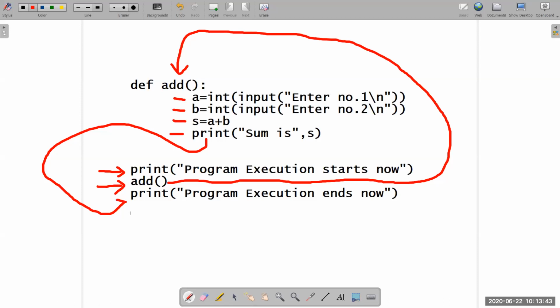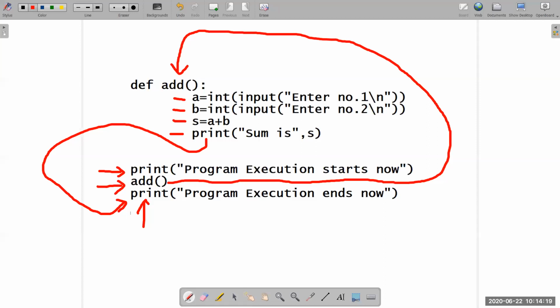Value will be returned to this. This function is executed. Control will be transferred to the next line. But if you want to store some value, I will let you know by using some program. Then you will be able to understand. This line is executed because from here control has finally reached this. So after executing this successfully, the next line will be executed. Fine. After this, the program will terminate.